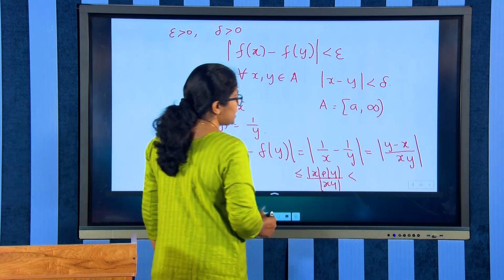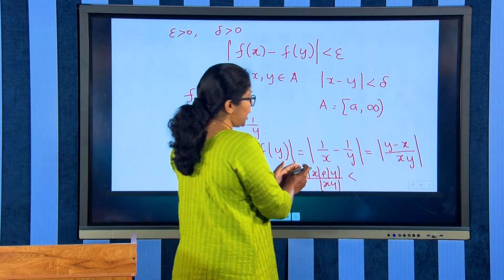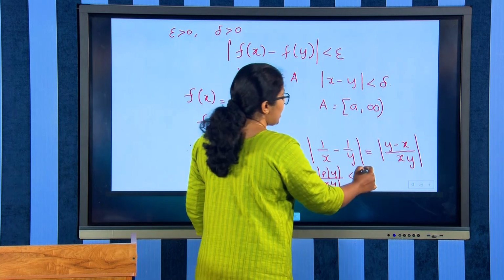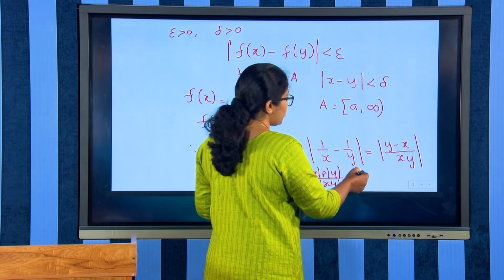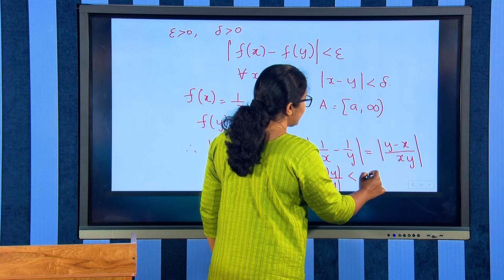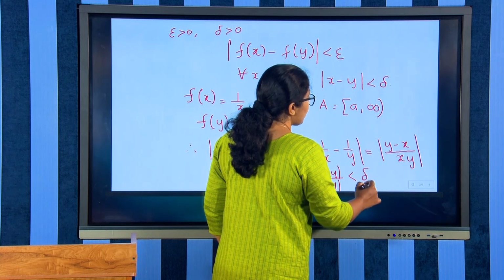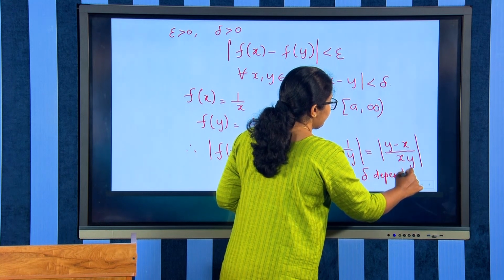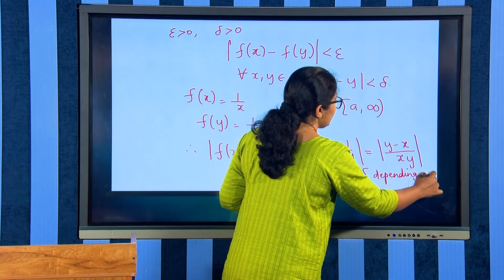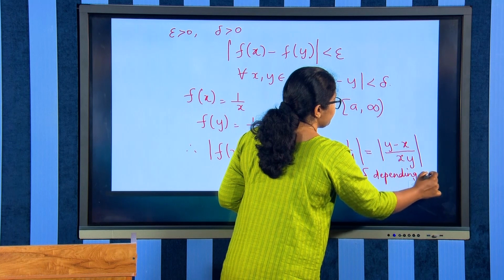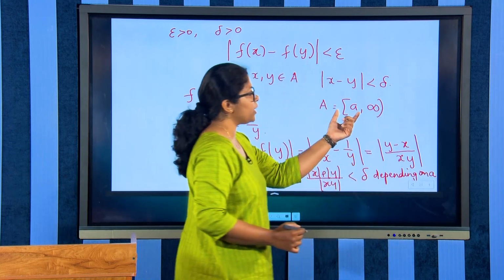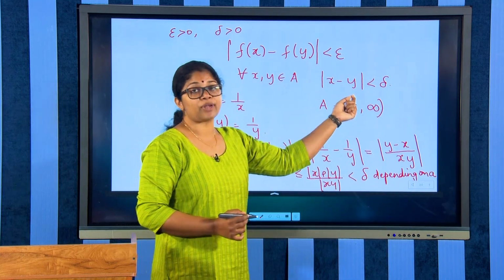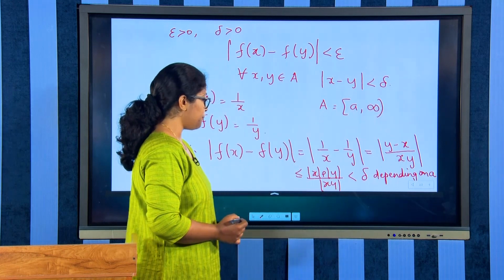So, that is strictly less than modulus of a plus modulus of a, and that is less than twice modulus of a, and so we can have a particular delta depending on a,